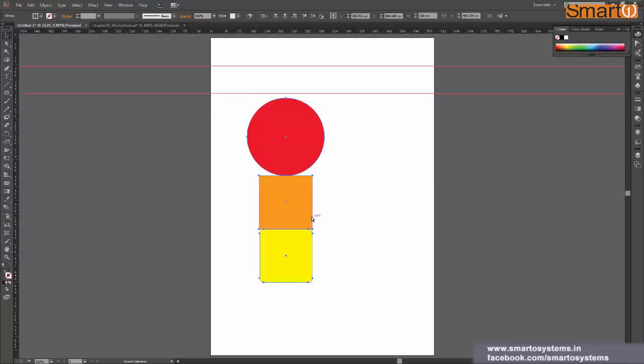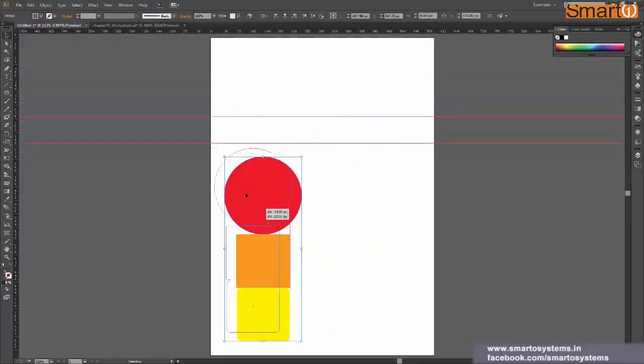So let's say I press Ctrl Shift G multiple times to ungroup it, and this time along with the shapes I selected these two guides and pressed Ctrl G. Now when I move my group, these guides are moving along with it.